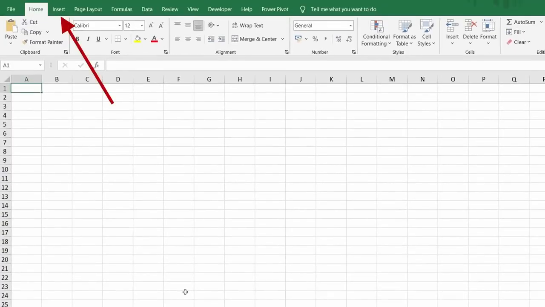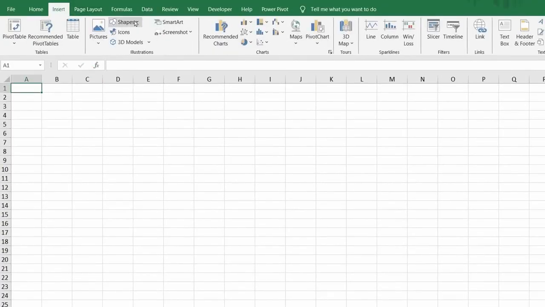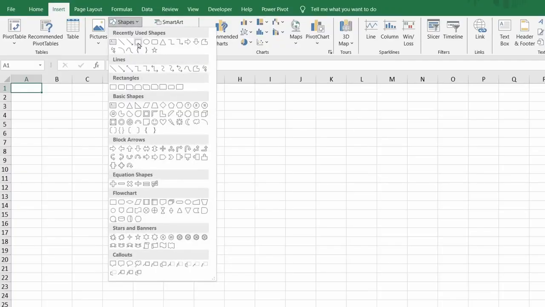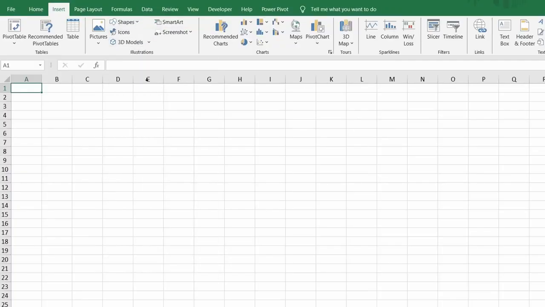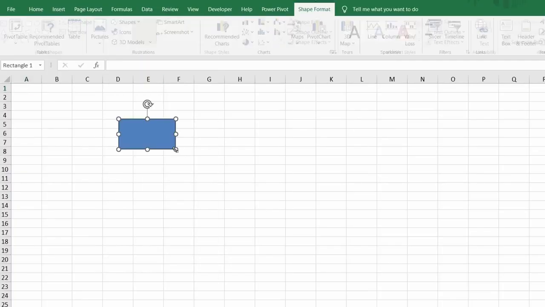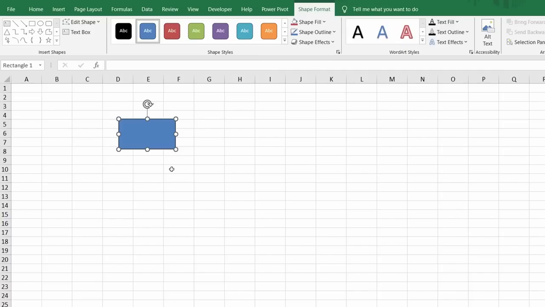Using the Insert tab, I will insert a regular rectangle. It is from this shape that the blocks of my dashboard will be built, and to set the correct size,